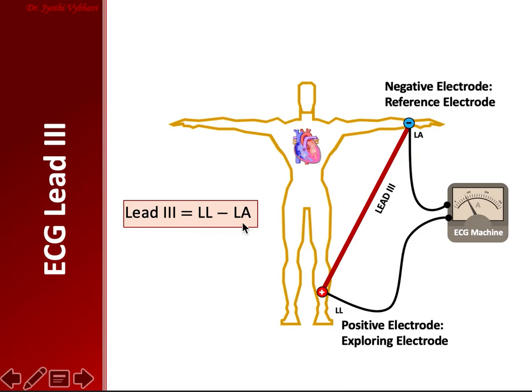Why were these combinations called lead 1, 2, 3, the standard limb leads? Because he was trying to get positive waves in whichever combination of positive and negative electrodes he was putting, and finally he got this lead 1, 2, 3, and he got positive waves in all 3 leads. This is how Einthoven historically said that these were the standardized bipolar limb leads. Okay,